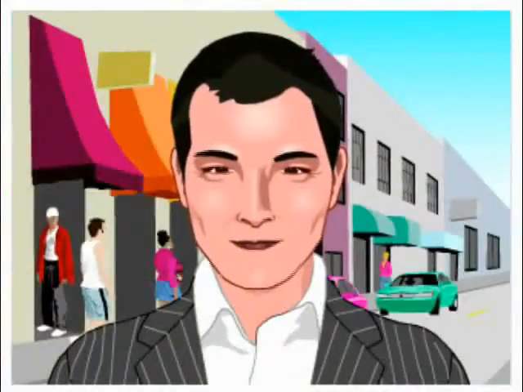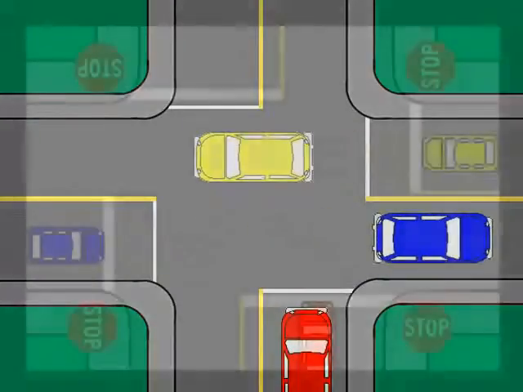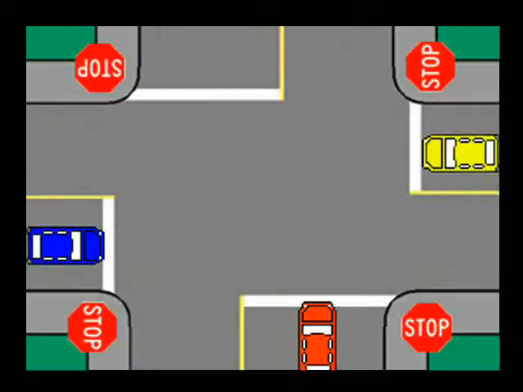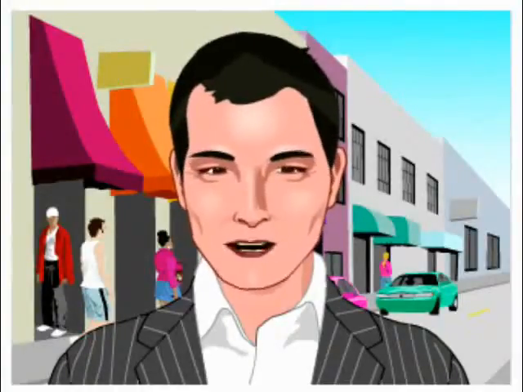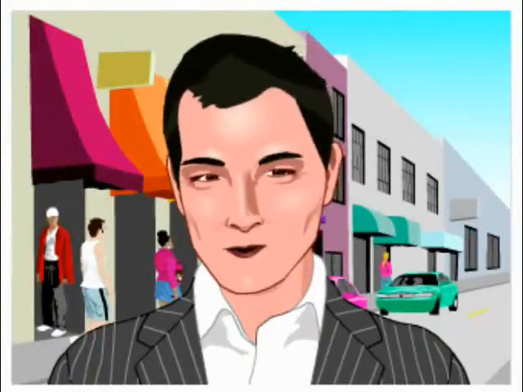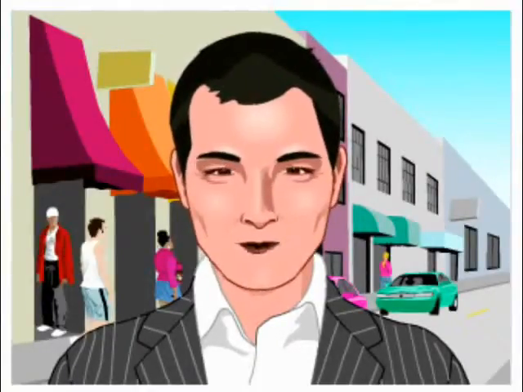Scenario 1 of 1. At an intersection where stop signs are located on all 4 corners, the first vehicle to come to a full stop should be allowed to proceed first. When 2 vehicles arrive at such an intersection at the same time, the vehicle on the right-hand side has the right of way and should proceed through the intersection first. If you are behind a vehicle that has stopped at a stop sign, you must also come to a full stop at the stop sign when the vehicle has moved on.